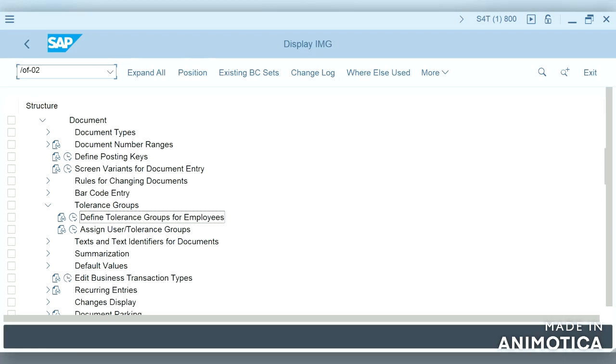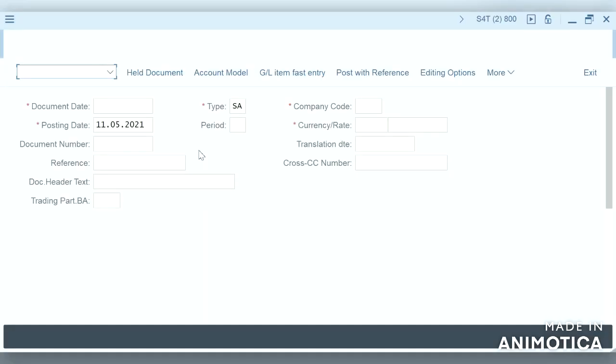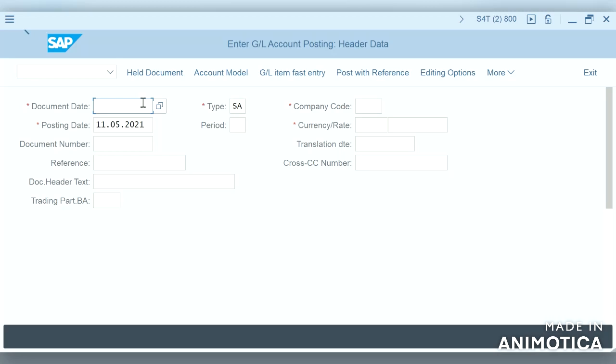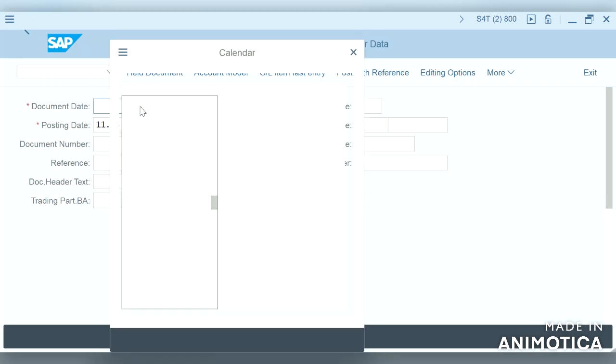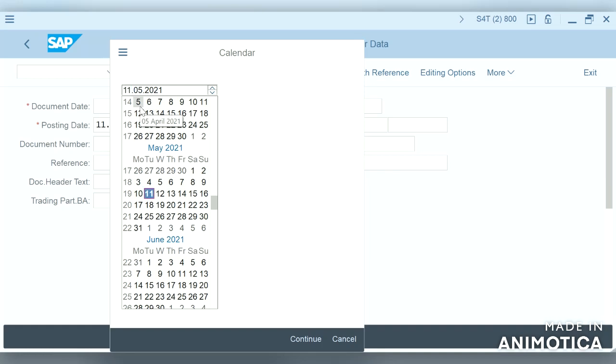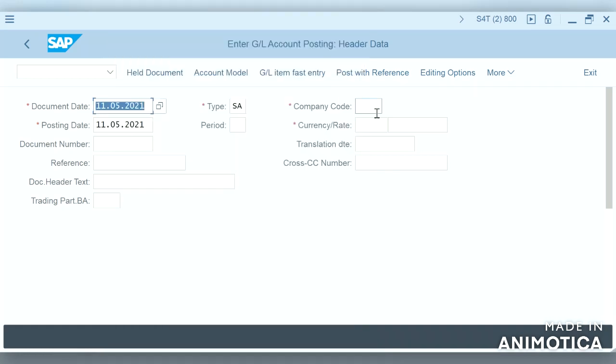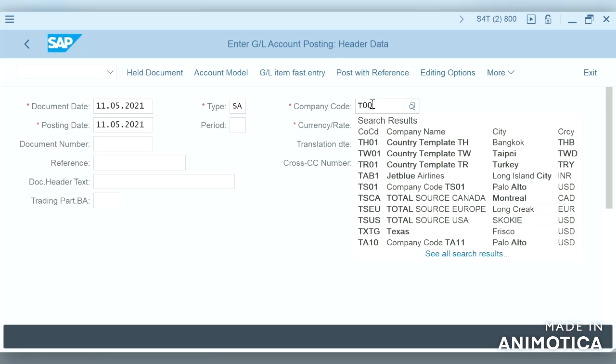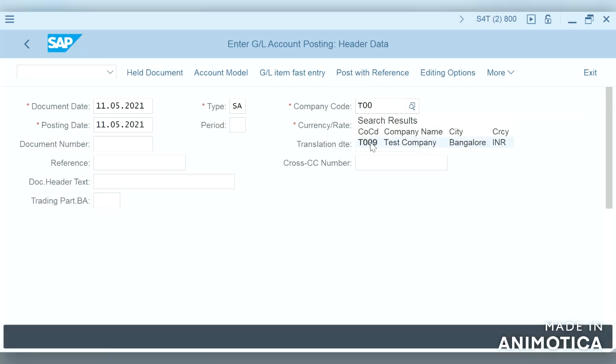So F-02, let us try to post a document without doing that configuration. So we will be giving today's date and company code is T009 and currency is INR.